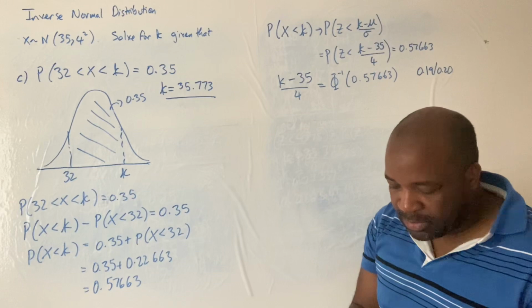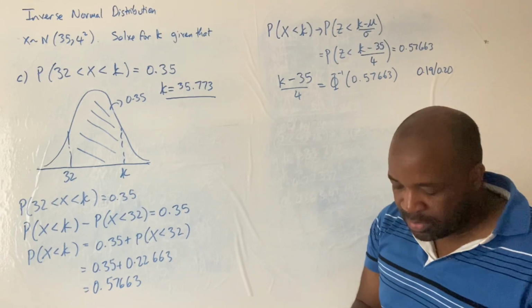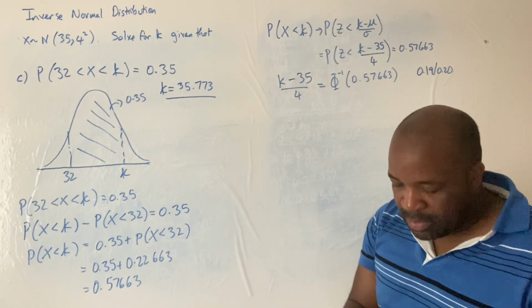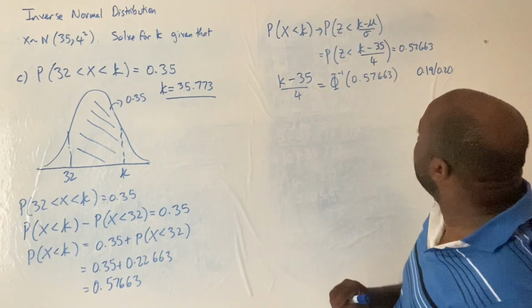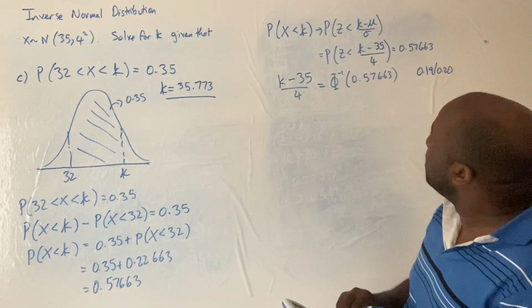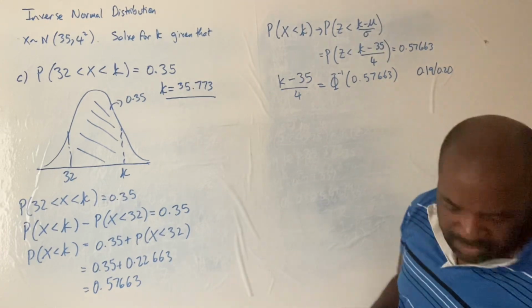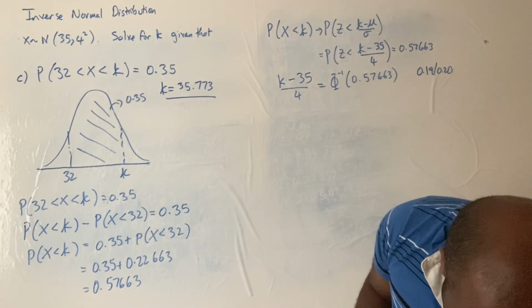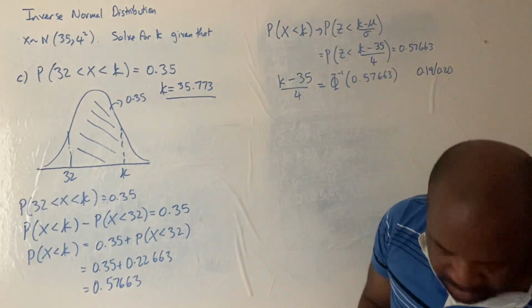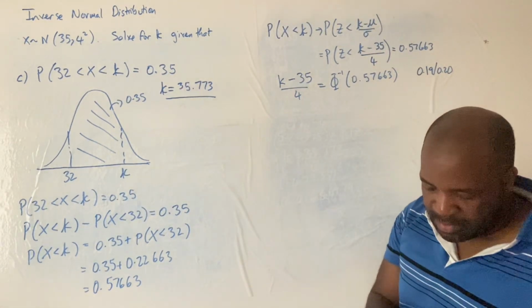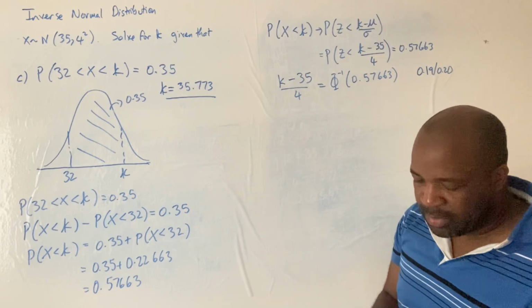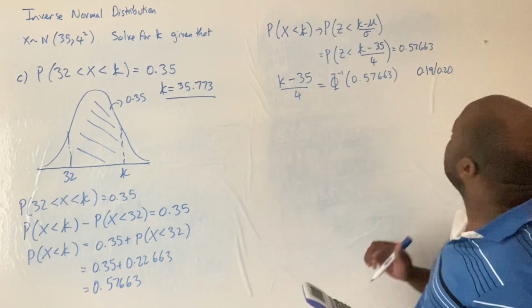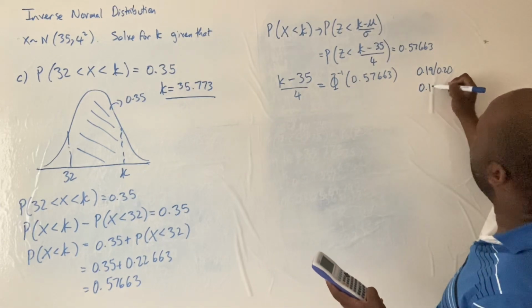So I'm going to go to distribution, normal, inverse normal. The area that we want is 0.57663, and then sigma is 1, mu is 0. So the actual value is